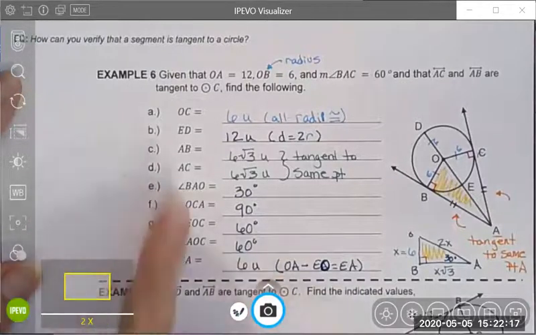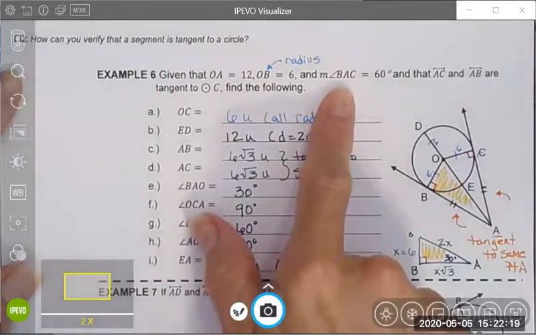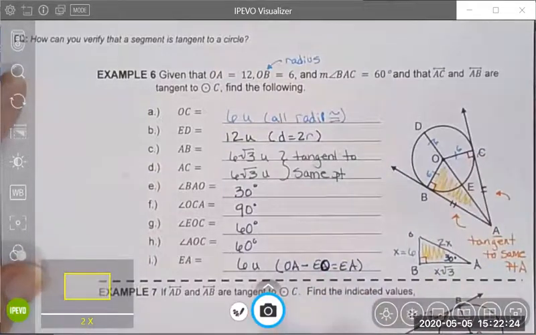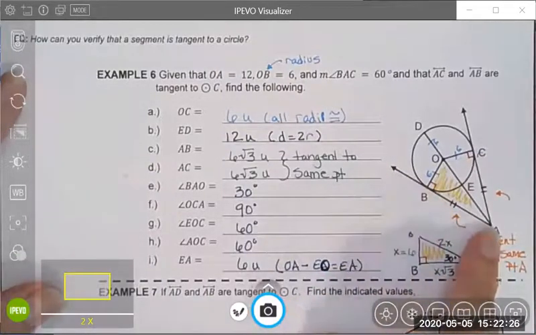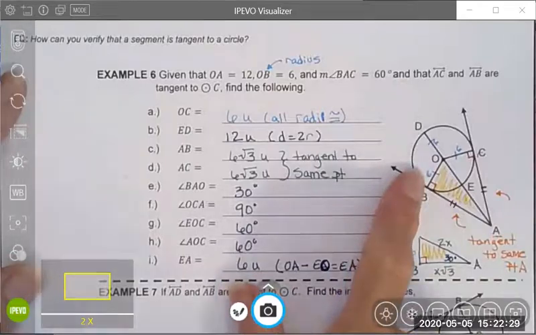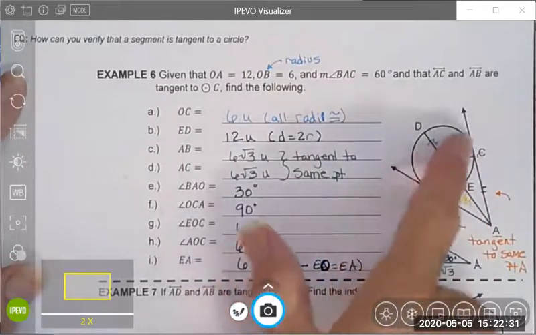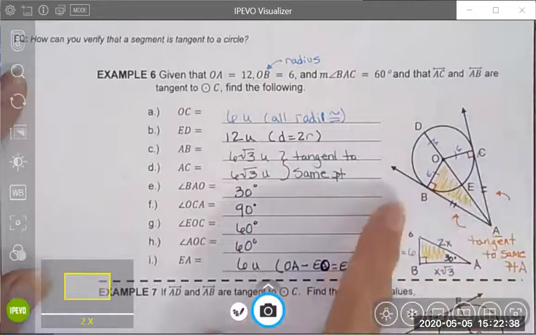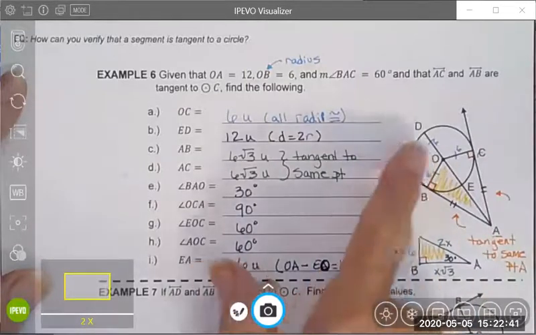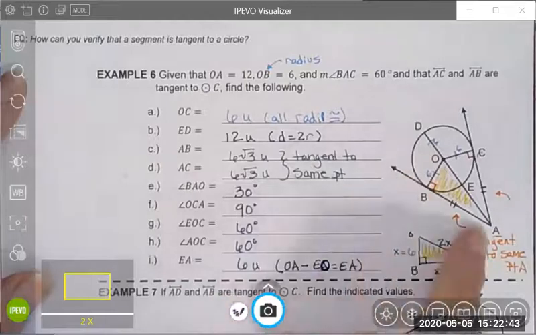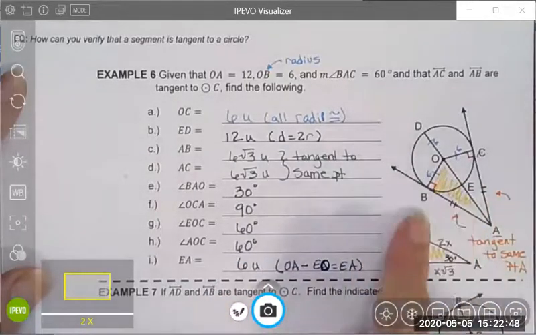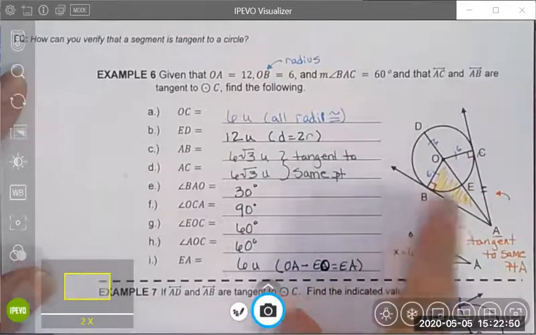One thing I noticed when reading through this problem stem is it tells me that the measure of angle BAC is a 60-degree angle. And because I have two right triangles, the radii are tangent to the same external point, that tells me BA is congruent to CA. My radii are the same, BO congruent to OC. I've got a lovely right triangle here, and because these are similar triangles, side, side, side,